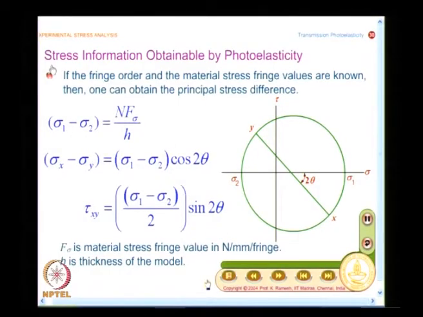and the same concepts are required when we understand and interpret the result from photoelastic analysis. So, what we have looked at here is stress information obtainable by photoelasticity. Suppose I know n, theta and f sigma, I do not get only the difference in principal stresses, I can also find out the difference in normal stresses and the in-plane shear stress. So, in this class we started looking at how to understand the physics behind the simple Polaroid sheet. We found that they display the behavior of dichroism, very useful, and we have taken advantage of that.